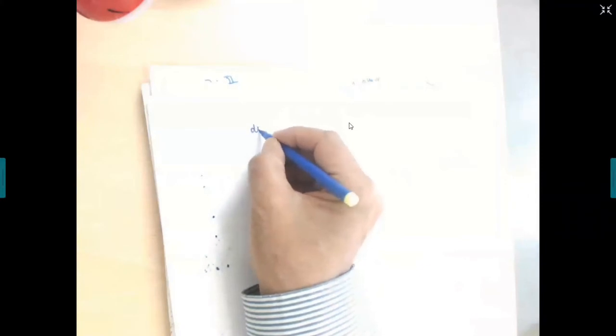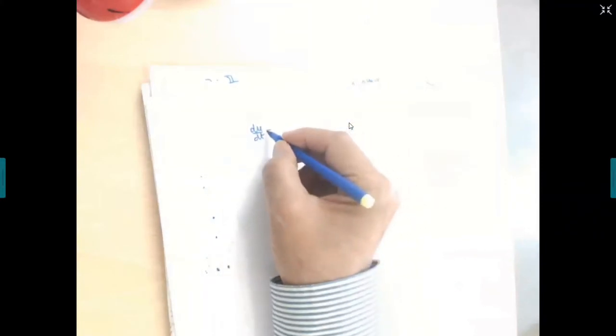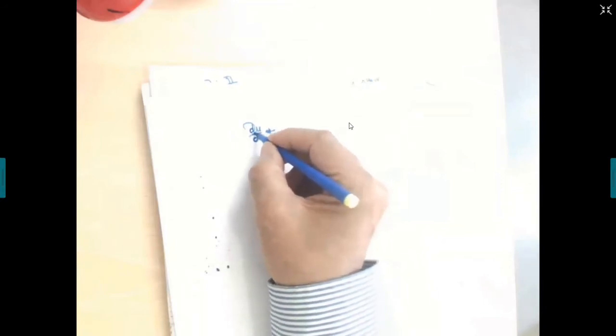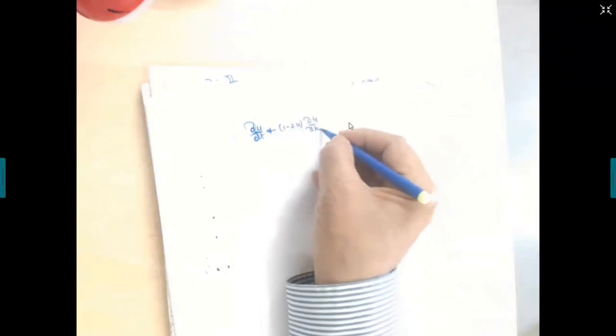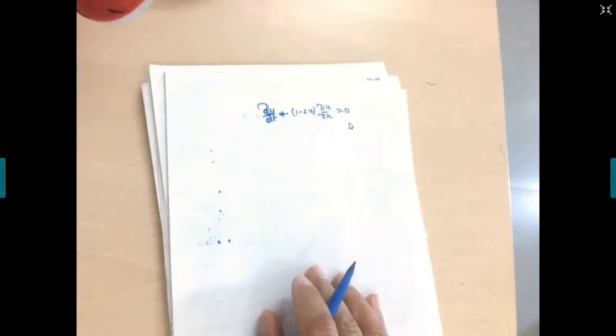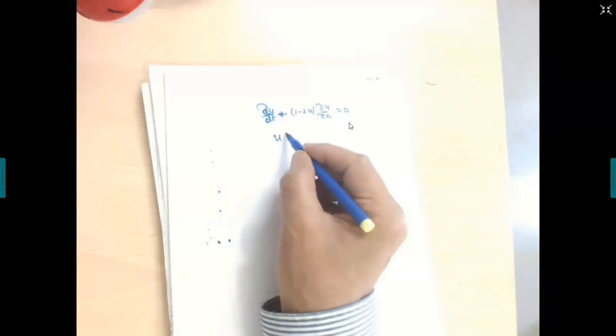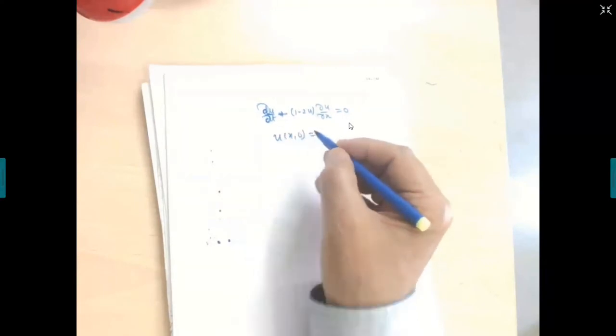All right. Now I will ask you, you have to help me in getting the solution. You tell me how to solve this equation now. I'm going to write u_t plus (1 minus 2u) u_x equals 0. What is the nature of this differential equation? Is it linear, non-linear, quasi-linear? Quasi-linear. Excellent.